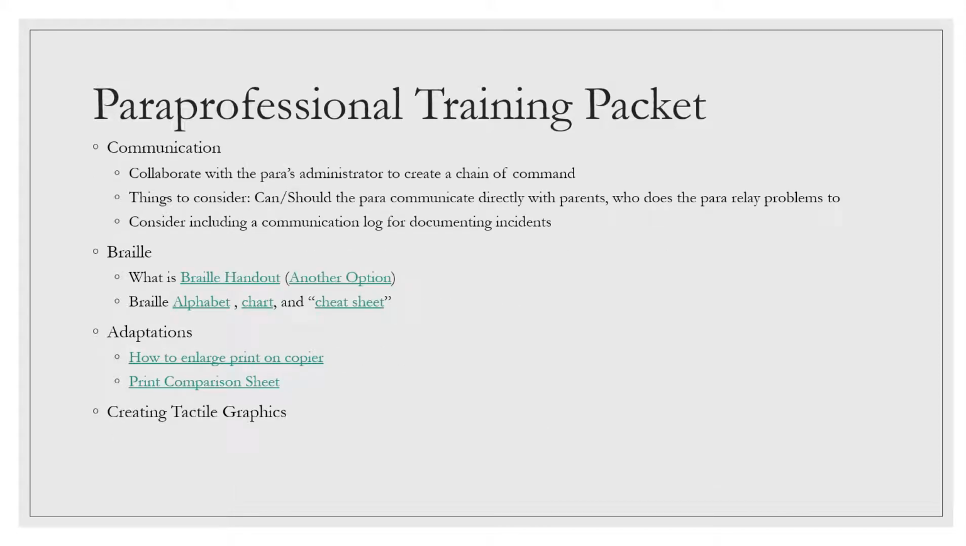Next up in my paraprofessional training packet is sectional communication. I really like for there to be a level of collaboration with the administrator who's responsible for my paraprofessional and myself, and to create a chain of command, specifically considering is my paraprofessional going to communicate with parents? If so, what does that look like? How does that paraprofessional relay any problems that might arise with related service providers, or with classroom teachers, or with the student, or with the TVI in particular, and what level steps they have to go through for those issues